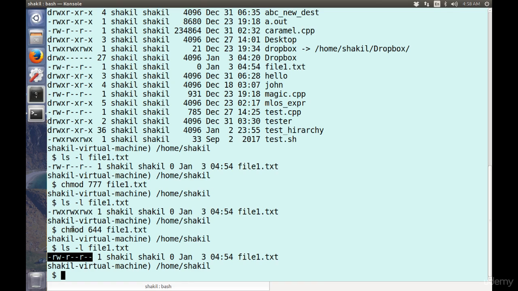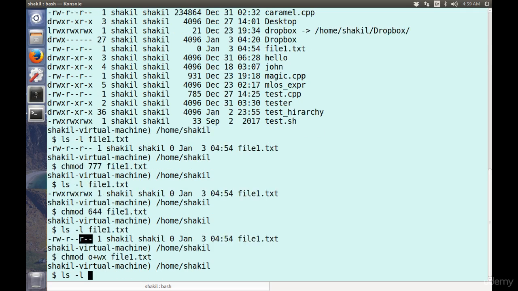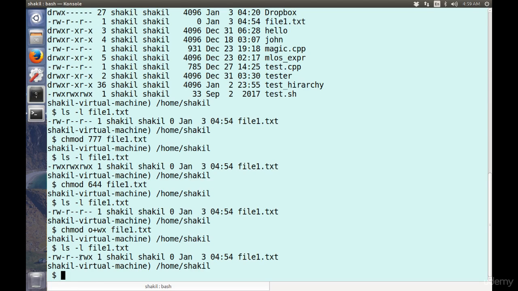Now this numerical way of assigning the permissions is very good, but at the same time there are other commands which you would like to quickly see. So now you see here others don't have permissions except for read. So let's suppose for others, which is denoted by o, I want to give write and execute permission. So I will say o+wx file1.txt. Now if I look at file1 now, I will see that for others, write and execute permission is granted. Earlier only read permission was there, but write and execute was not there. But now with this command, other plus write and execute, I can give.